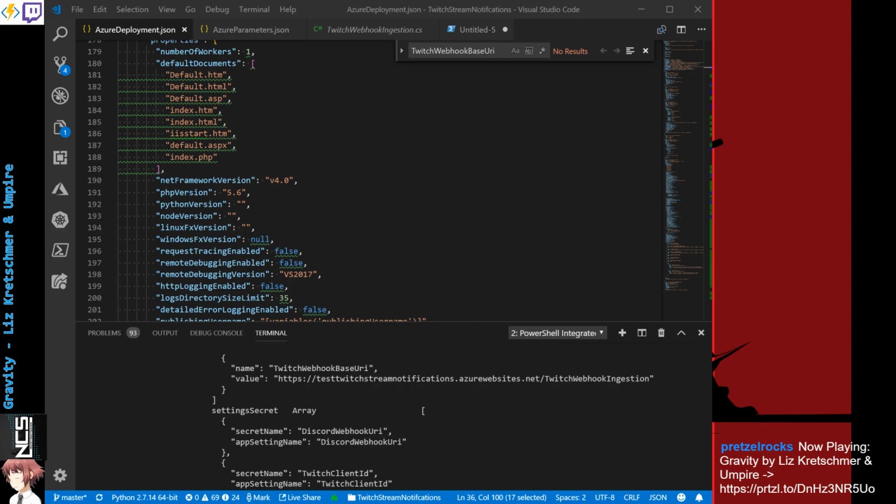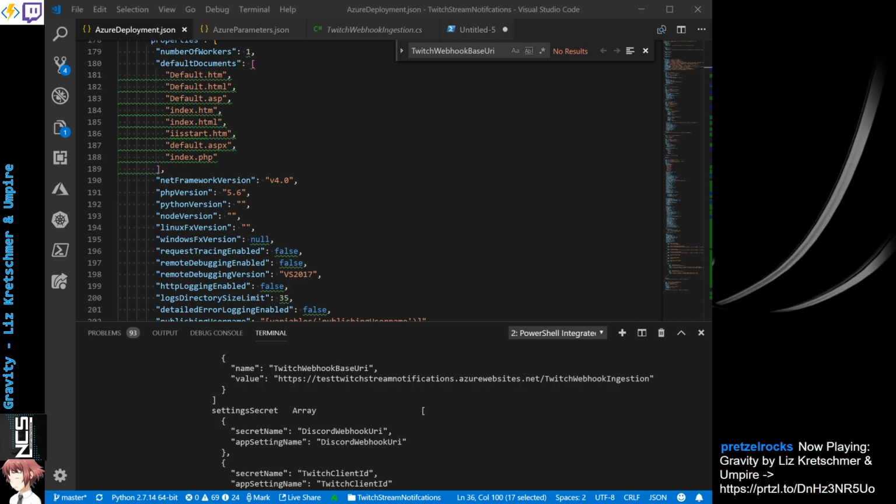Yeah, it shows that the config was applied, but it doesn't have enough details about